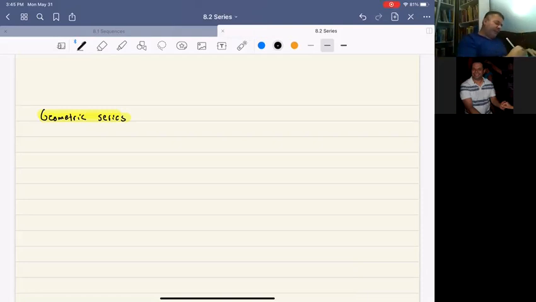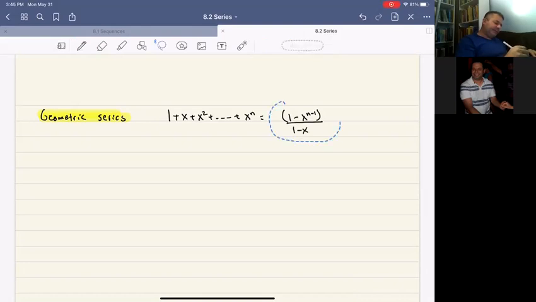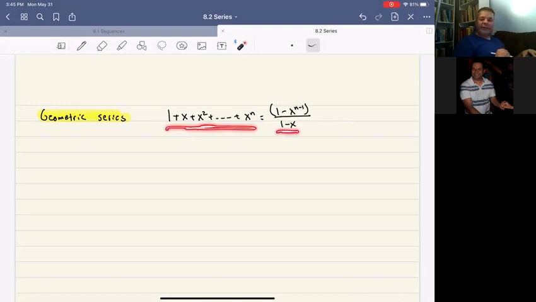We're going to take 1 plus x squared all the way up to x to the n equals 1 minus x to the n minus 1 over 1 minus x. Okay, and you can find that this is true just if you multiply this by this. Okay, so what I mean by that,